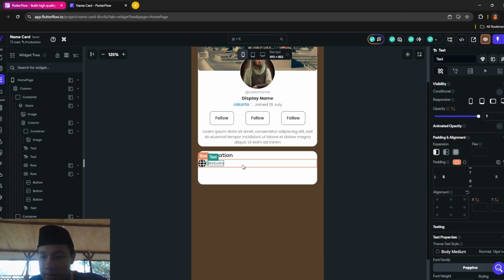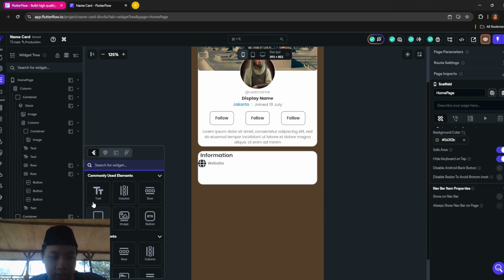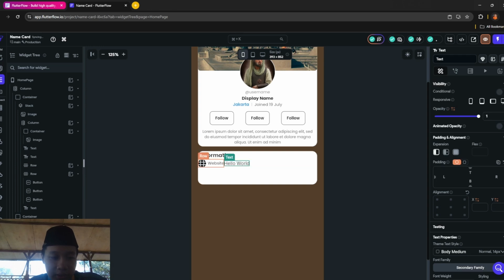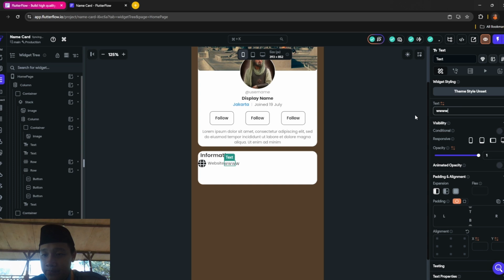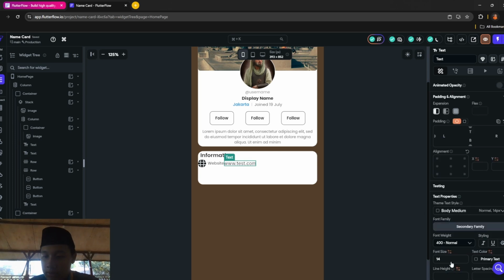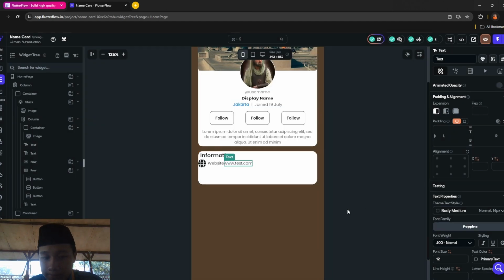Okay, after this you want to add a text inside the main row like this, and then just like dontest.com, boom, like that. Same 12, font family Poppins, and boom.